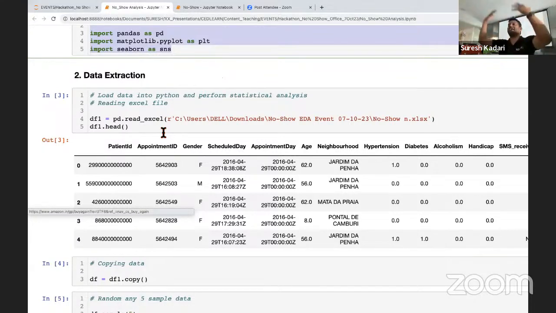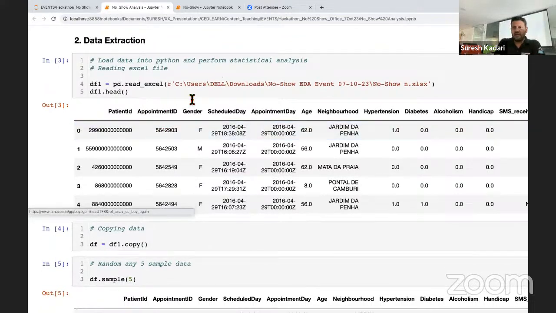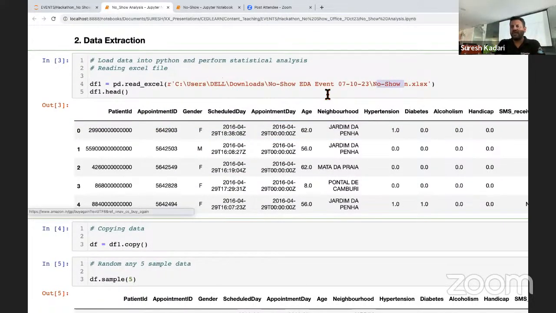Okay, it will give me the data. So once I get data into my Python, that's when I'll start my analysis. That's when I start my analysis. So look at here, I got my, this is the no show. Where this file is,